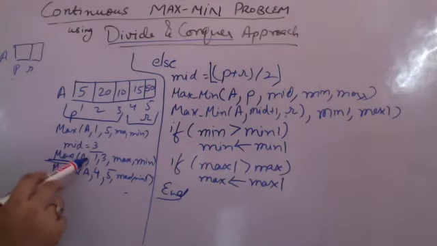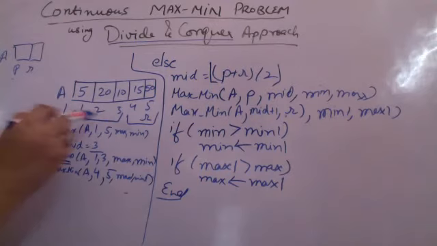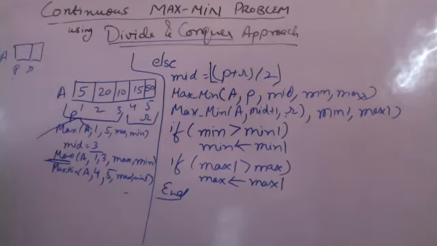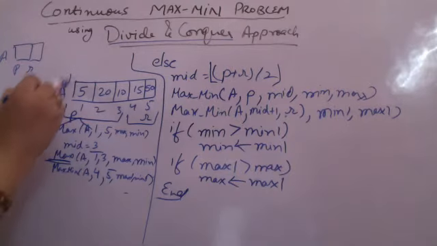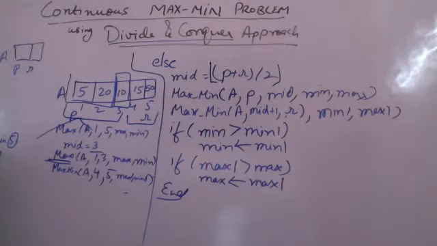When I am going here, 1 is not equal to 3. 1 is not equal to 3 minus 1 also. Again we need to break. So this is again broken. It is broken in 1 plus 3 by 2, so mid becomes 2. Then it is broken in this half and this half. When it is broken in the first half, max min call के second if else में आप जाएंगे. Since 5 is less than 20, that means this 5 becomes the minimum here. Minimum is 5 and max becomes 20.